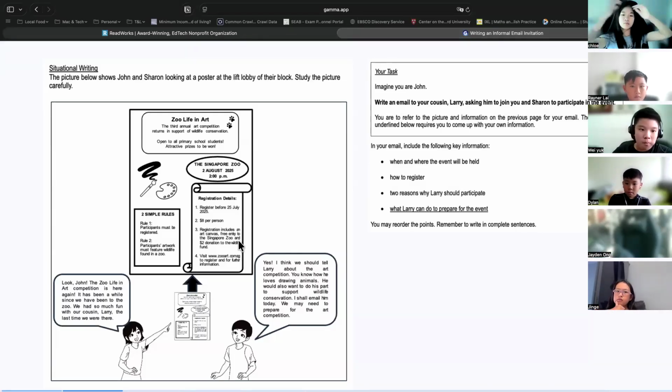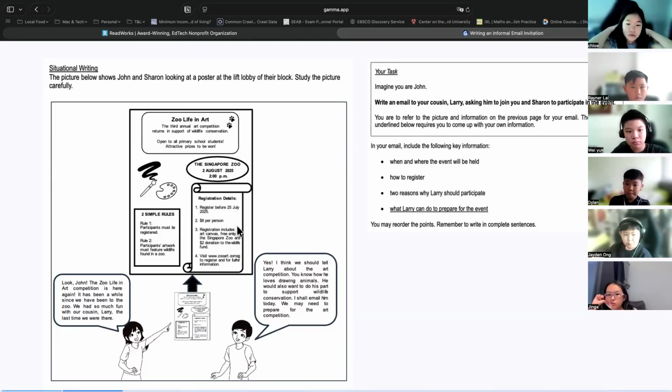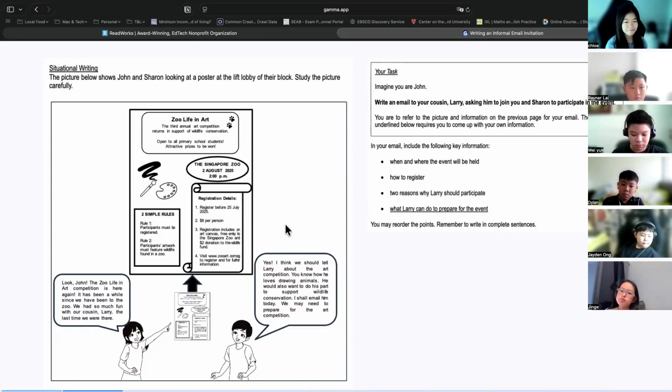because for example, over here there are three reasons. He loves drawing animals. He loves going to the zoo, and he wants to support wildlife conservation. Let's say you give all three. No marks will be deducted. You will get the full 2 marks for the two reasons. But if you write only one out of the two reasons, then you will get 1 mark deducted because you are missing, or even more than that, because you're missing one of the reasons.